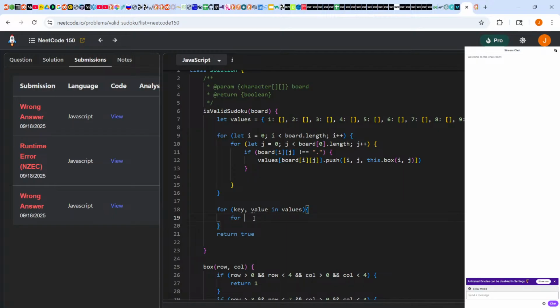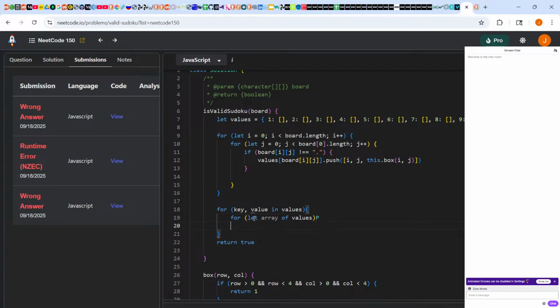Okay, so we're iterating. Let array of values, and then if